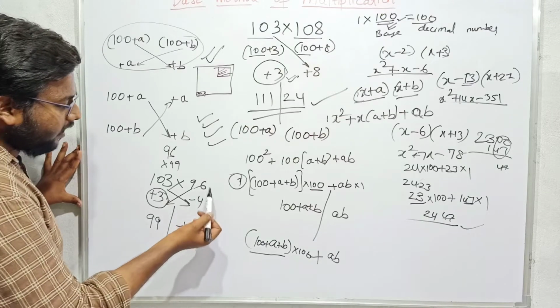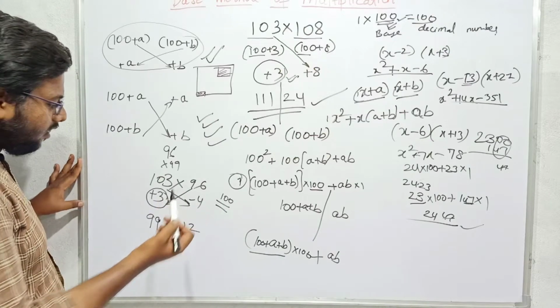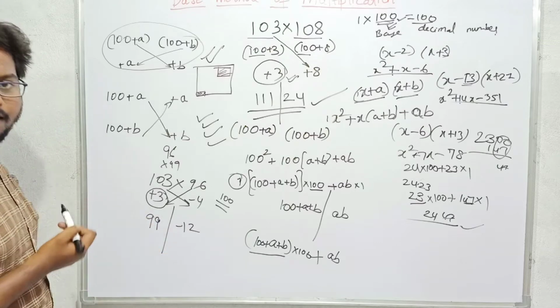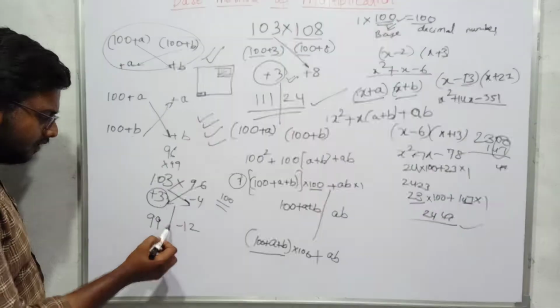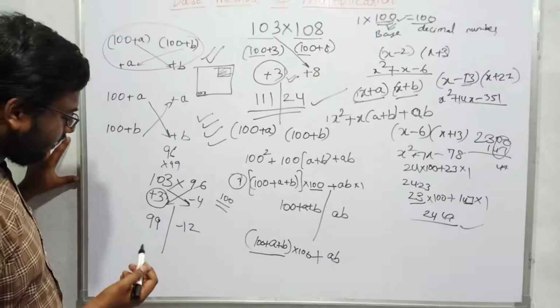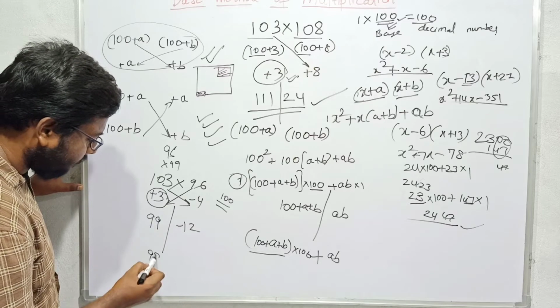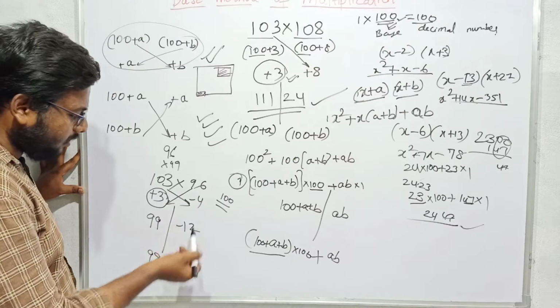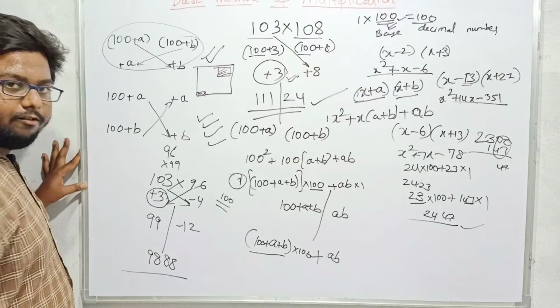Since we are calculating on base 100, because these are very near to base 100, what this implies is that before the slash there are 99 hundreds. You got my point, I think. Before the slash this is 9900, and slash means this is nothing but plus. So if I take 100, that means I am removing 100 from it, so it will be 98. And from that 100, if I subtract 12, I will get 88 here. So 9888 will be my result.